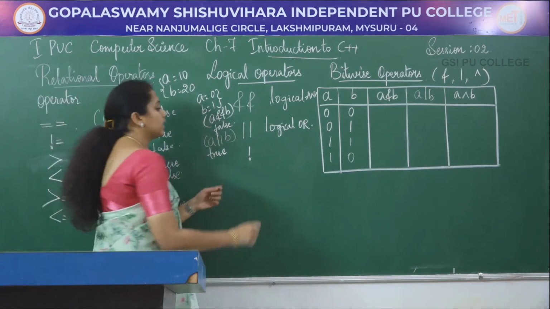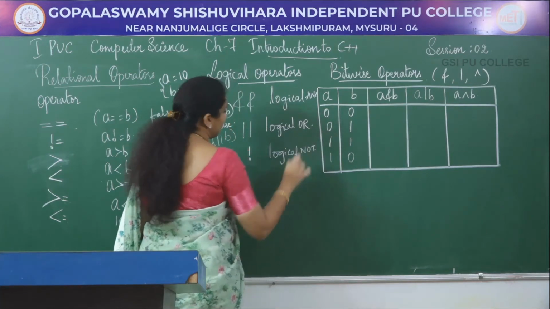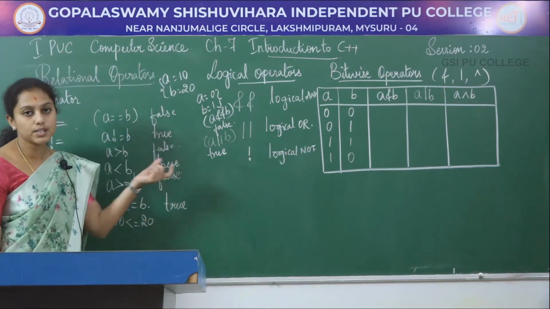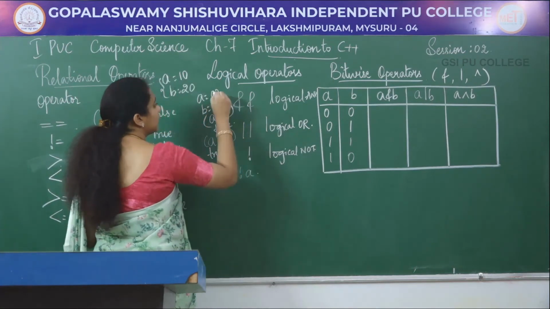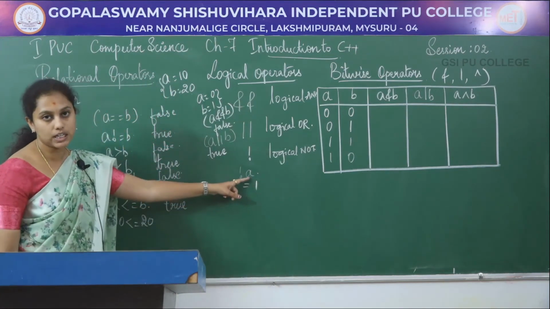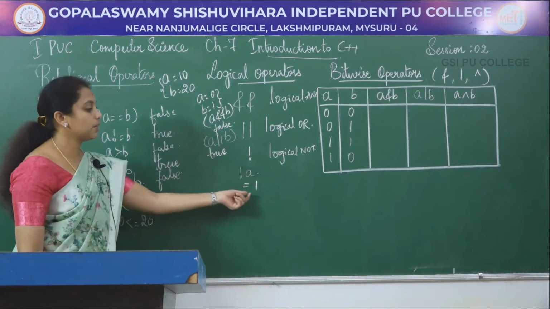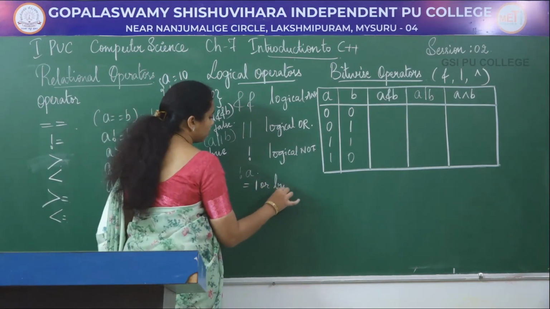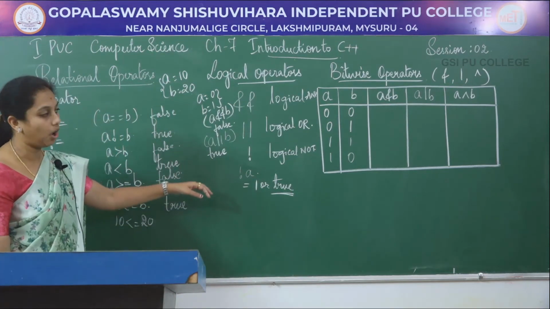So this is logical NOT operator. It is used to reverse the logical state of its operand. Suppose if I use not A, then the output becomes 1 because the value of A is 0. So if I use logical NOT in front of the operand A, it becomes 1, or we can call it as true condition. So this is about logical operators.